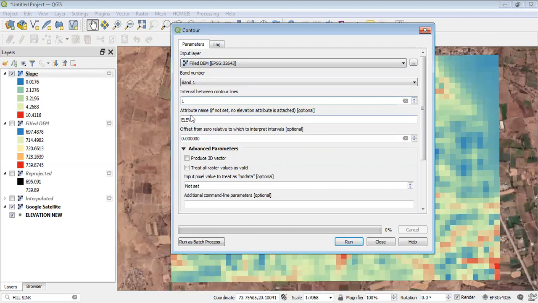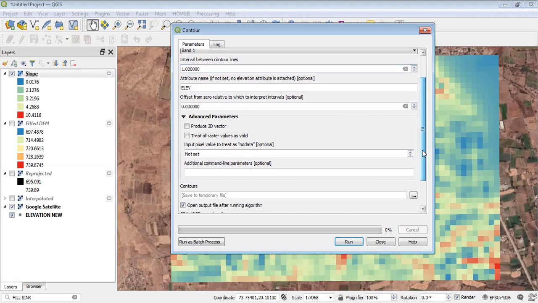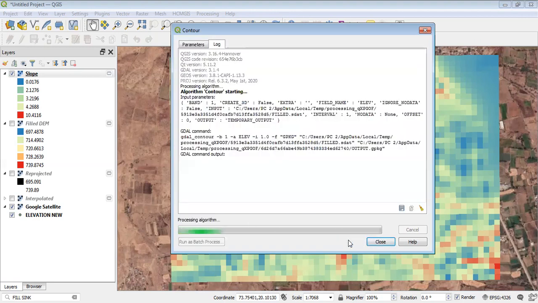Now why is there an option attribute? Because from this particular tool we will extract contours, and we know that contours are imaginary lines which join equal elevation. If I am talking about a line, a line means it's a vector layer. So we are going to generate a vector layer, and in the vector layer, the attribute of that particular contour layer has an elevation field. From that elevation field we can get the attribute values related to the elevation on that particular line feature, and then I will just run it.